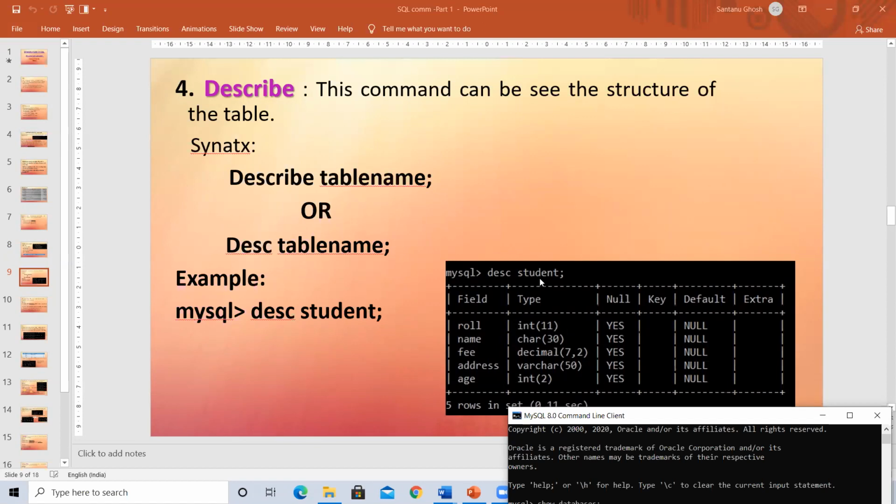Okay, so my student structure has got roll number, field name, type, whether it's accepting null value or not. It says yes, that comes by default. No key is currently associated. I've not made any primary key or foreign key here, so it's blank. Default value, by default it can take null as the value. Any extra information, currently nothing is there. So this is how the structure is shown to me.